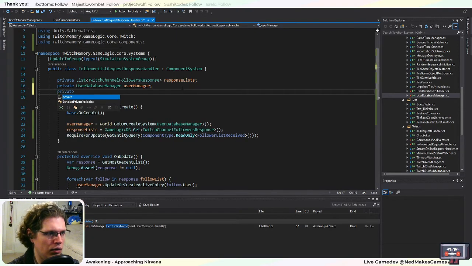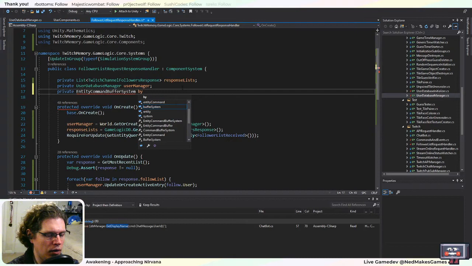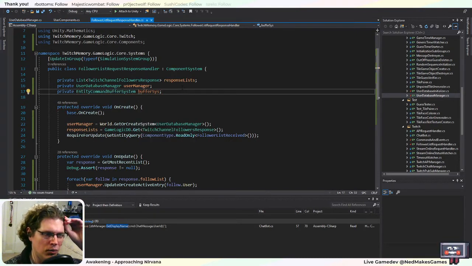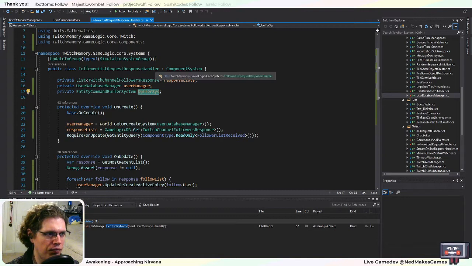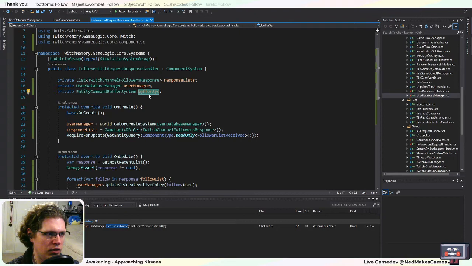Alright, I guess we'll have to keep track of the entity command buffer system. And I was also trying to think about how I want to deal with that, because for efficiency, you want to try and batch together as many changes as possible. But the problem with that is you've got to decide when the buffer will run. So if I have this run on the begin initialization buffer system,